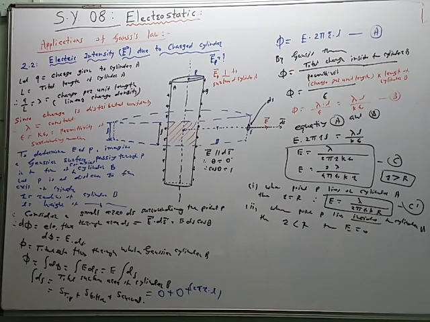By using Gauss theorem, phi, the electric flux through the Gaussian cylinder B, is equal to the total charge inside the cylinder B upon permittivity epsilon. This charge inside the cylinder is the charge present on the shaded area, so we have to find the charge on this area. This length is L, so it is the charge present on length L, and therefore it is given by charge per unit length multiplied by the length of the cylinder B. Lambda is the charge per unit length, a constant quantity, and L is the length. Therefore, equating A and B, we get this value.